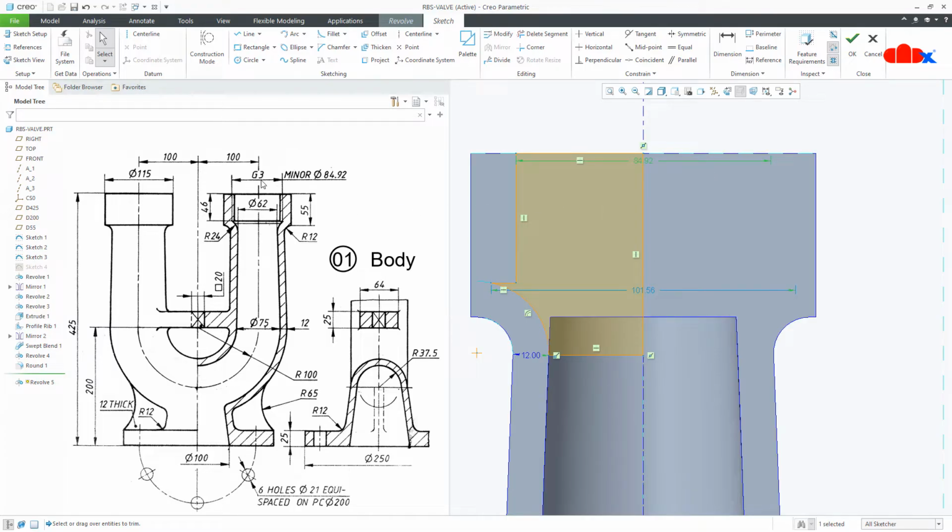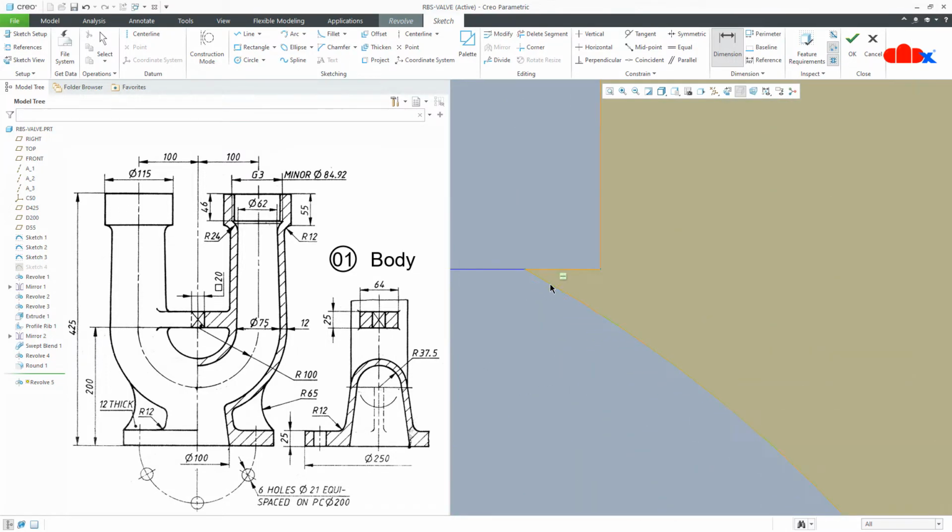So here it is written G3 minor dia 84.92. So G3 is the standard for internal pipe thread. So we'll take this value 84.92. Now this is 46. Now if you zoom this area, there is a small corner formed here, which is somewhere here.